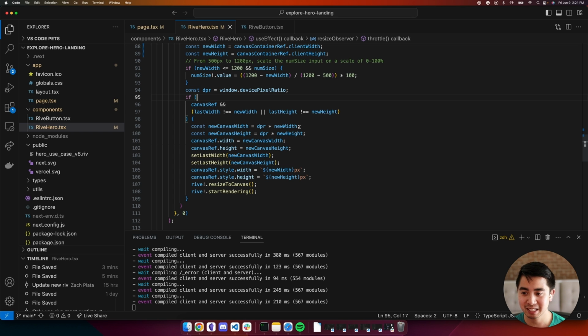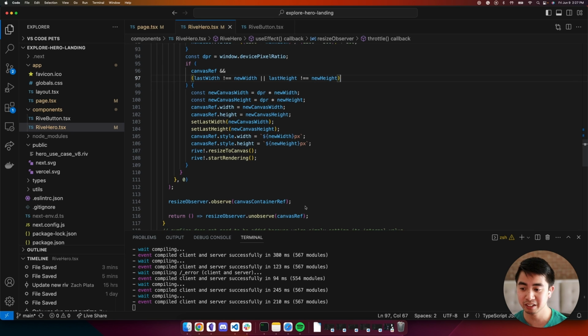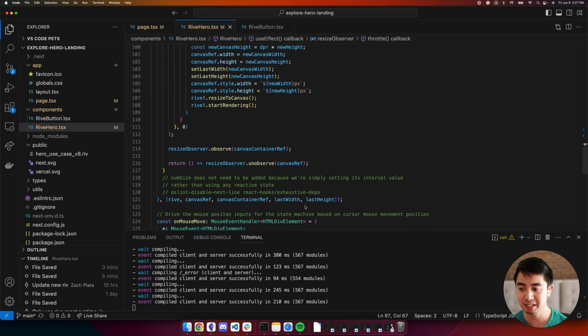So in this case, the height and width would be 1,000 by 1,000 instead of 500 by 500. And that may vary just depending on which display you're going to be rendering the canvas onto. And probably the last thing to note here is that we want to compare the last calculated dimensions with any new dimensions in case the resize has occurred, to make sure that we only resize the canvas if the dimensions have actually changed. There could be other things that trigger the useEffect to take place, which means if any of these variables change for any reason.